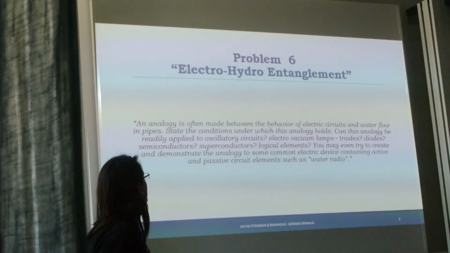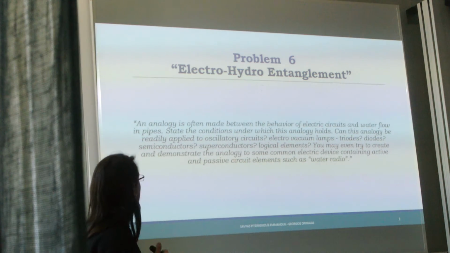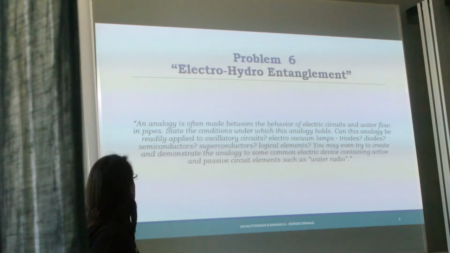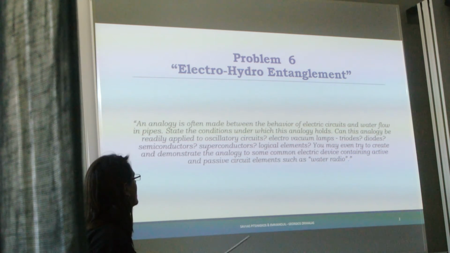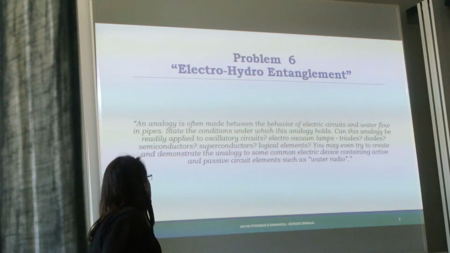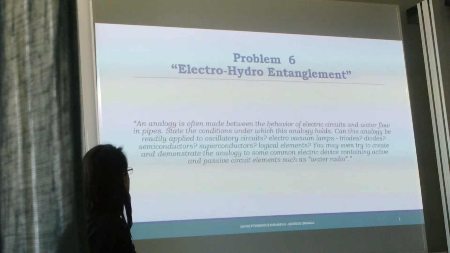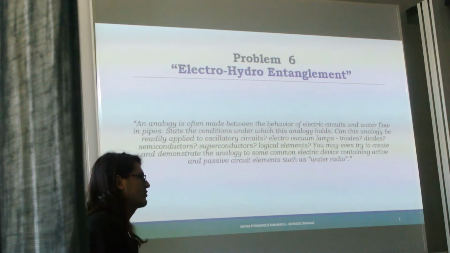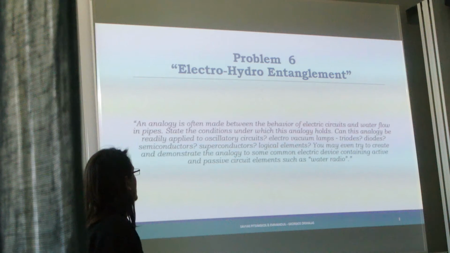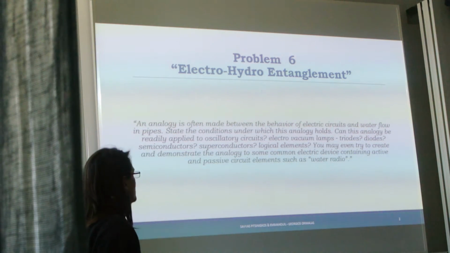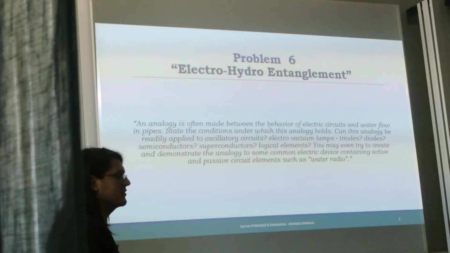Problem number 6, electro-hydro entanglement, asks us to explain the analogy that is often made between electric and hydraulic circuits. We must answer where that analogy is consistent and where not. And it also asks us to describe elements of electric circuits through